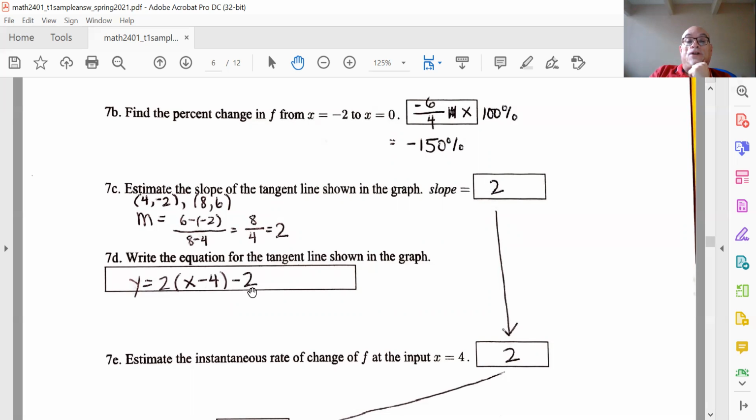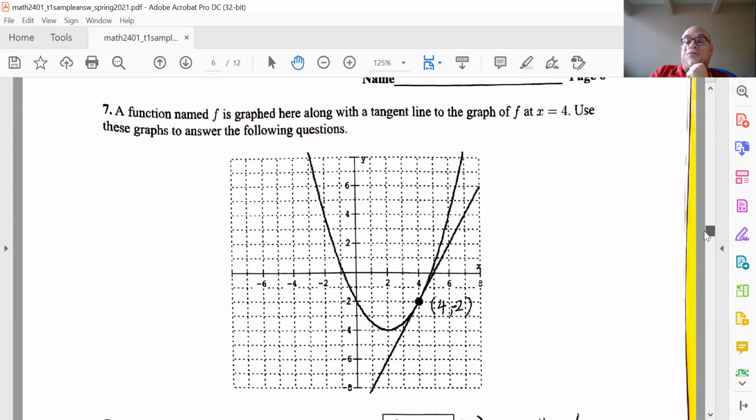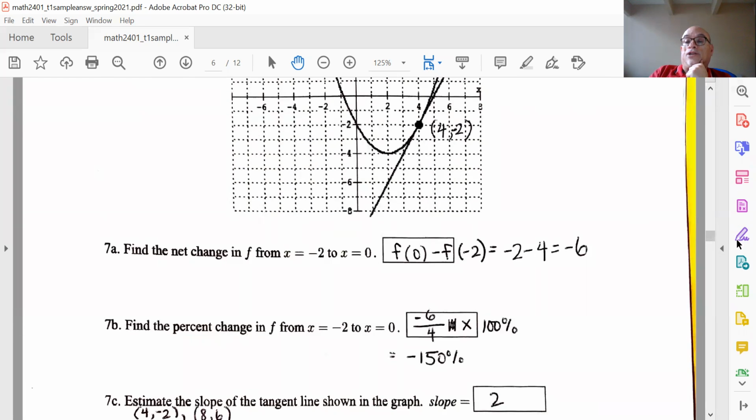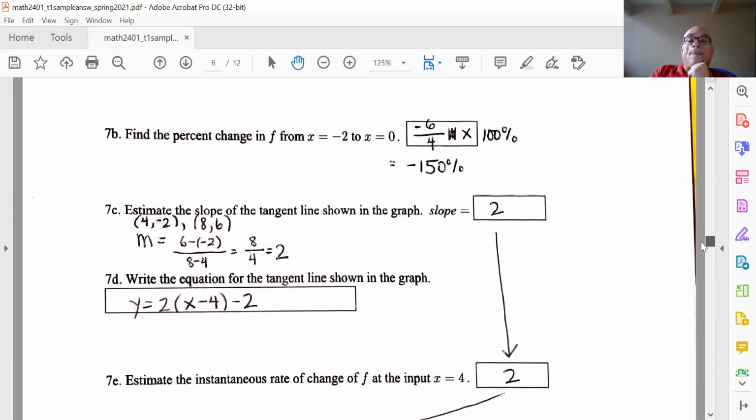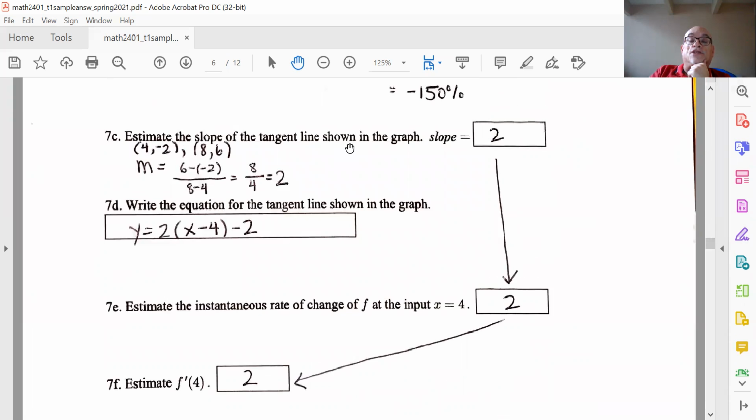Okay, so there's the equation for that tangent line that's shown, this line right here. All right, now these other two questions are very easy. You just have to remember that the slope of the tangent line is the same as the instantaneous rate of change. So the instantaneous rate of change of f at the input 4 is the slope of the tangent line. We just computed the slope of the tangent line to be 2, so that means this instantaneous rate of change